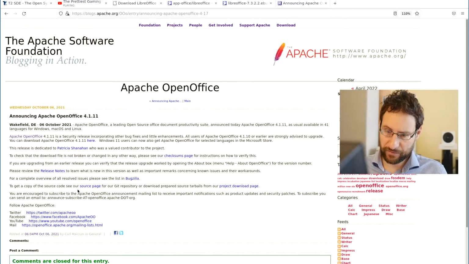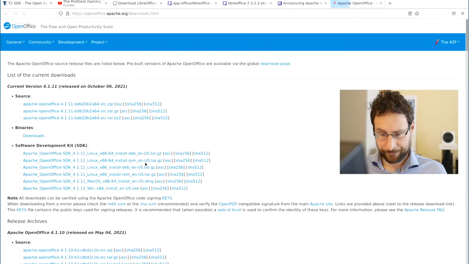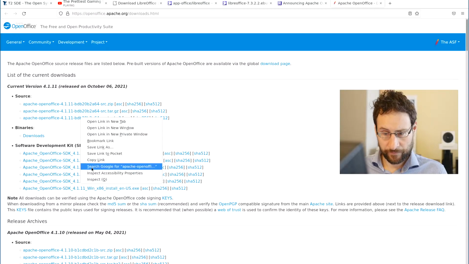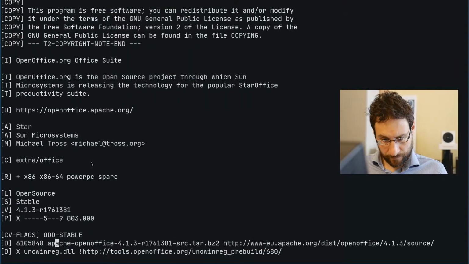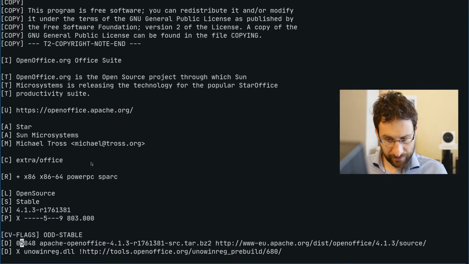But yeah, 2022, even OpenOffice had to be forked years ago, and somewhat unfriendly community stuff I heard. Source. Interesting they have here. Copy link. Actually, it's also quite a while not updated.